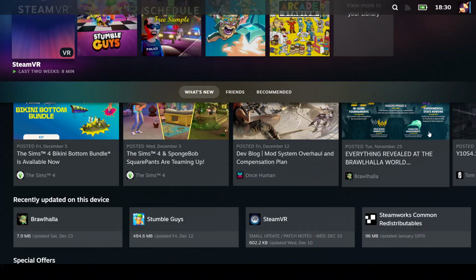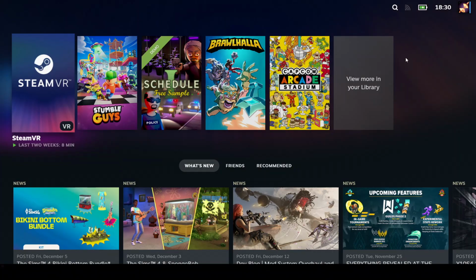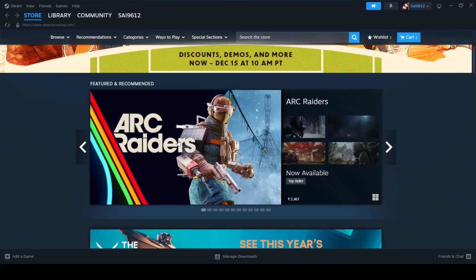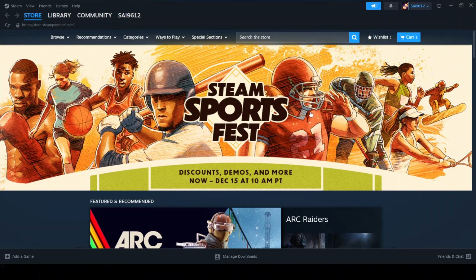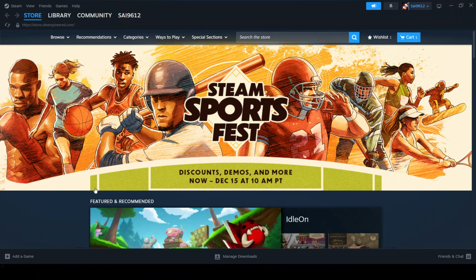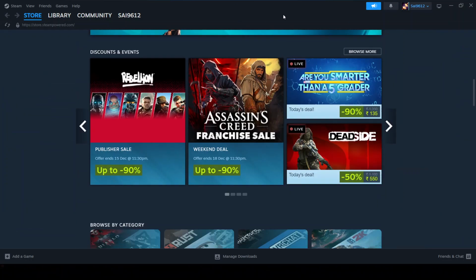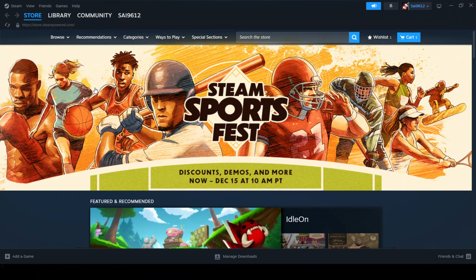First, the fastest method uses a simple keyboard shortcut. While you're in Big Picture mode, press Alt and Enter at the same time. This instantly toggles you out of Big Picture mode and returns you to normal Steam. This works the same way on Windows, Linux, and Mac, so you don't have to dig through menus or switch input devices. It's especially handy if you're at a desk or you have a keyboard connected to your living room